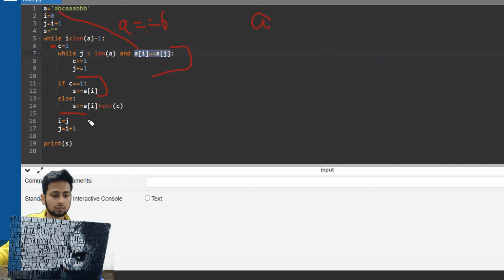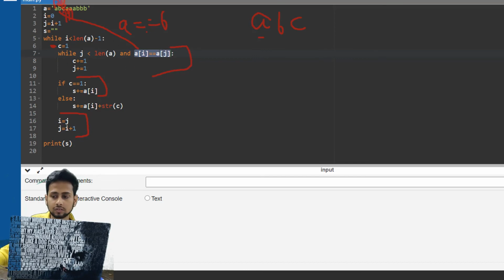Okay, let's just see what we are doing here. So i is equal to j, so we are simply moving the pointer from i to this b, and then j is moving one more than this i, so j is now moving to c. We are again going to compare. Again we are simply going to add b to our list and see, till c there is nothing going to be a problem. But once we reach this i, the first a, and j, the second a, we are going to encounter this.